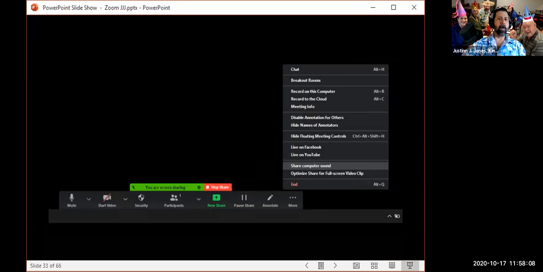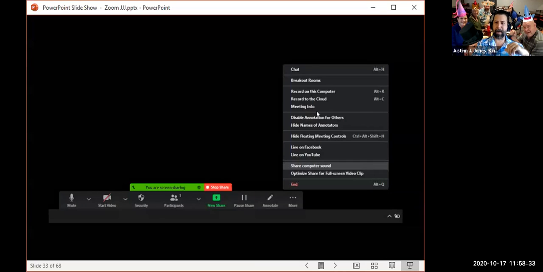Now, once you are in the middle of a screen share, Zoom does some more crazy things. And so it's going to change your toolbar, and it doesn't remove any functionality, it just moves functionality. And so you still have access to your participant pane, you still have access to your chat pane and all that, but you might have to go fishing around for it under the ellipsis,